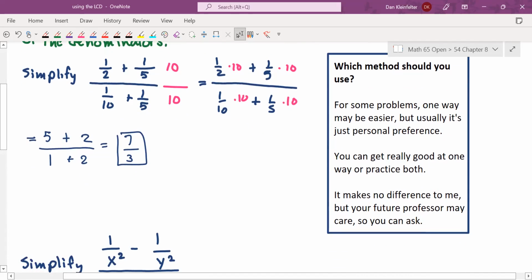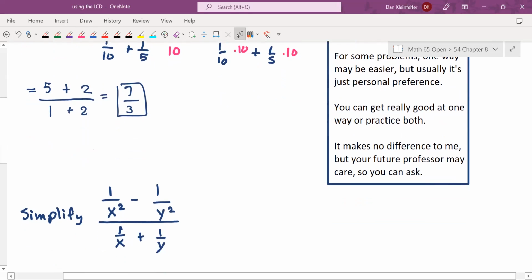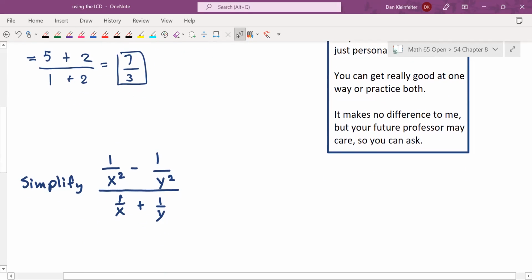Okay, so we'll see, of course, more examples of this method, but I did want to address the question, which method should you use? Simplify the top and bottom and then divide, which we saw before, or use the LCD. For some problems, one way may be easier, but often it really just doesn't make a difference. It's up to what you personally prefer. If you like, you can just get good at one way of doing it and just do every problem that way, or you can practice both. For me, it doesn't make a difference. Your future professor may care, so you can ask them at that time which way they would like you to do it, or do they need you to be able to do both ways? Okay. All right, so then